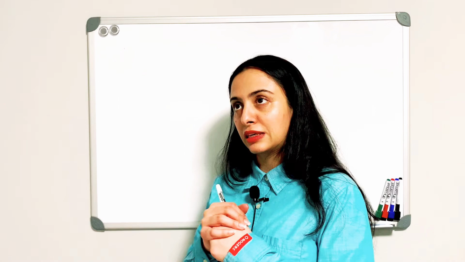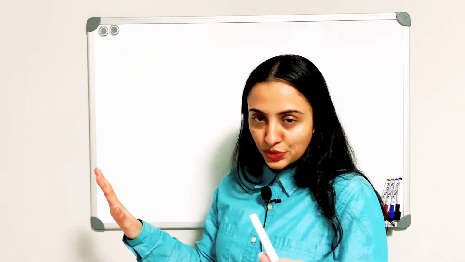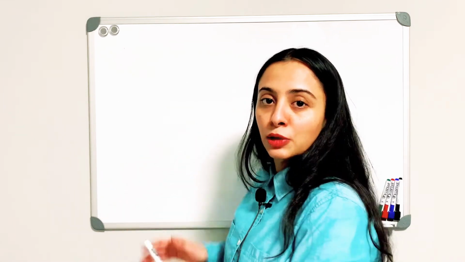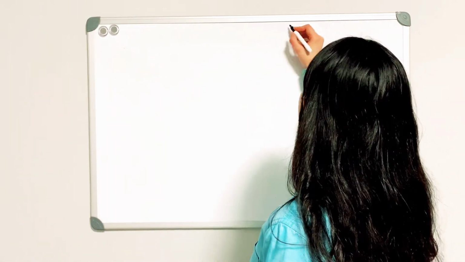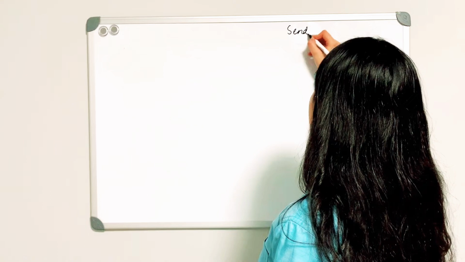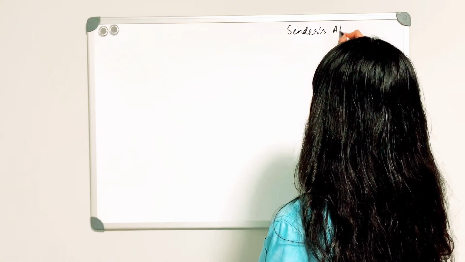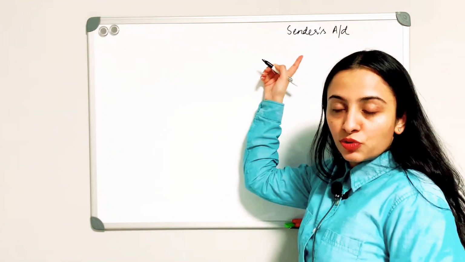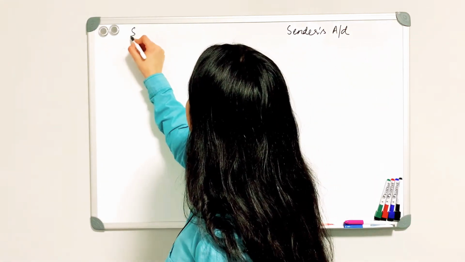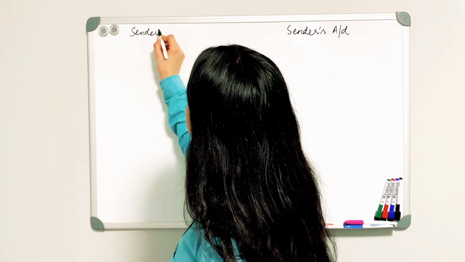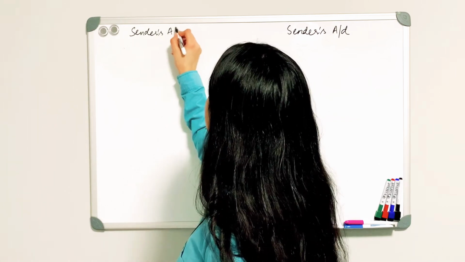Suppose we're seeking some information in all those scenarios, what is the format that we're going to follow? It's like this. Whoever the sender is, you write the sender's address. Now, you write the sender's address, not the sender's name. You can write it on the right or you can write it on the left.